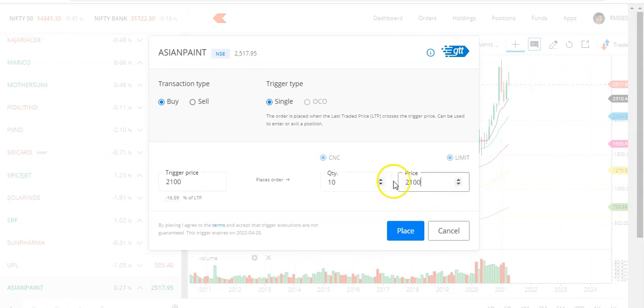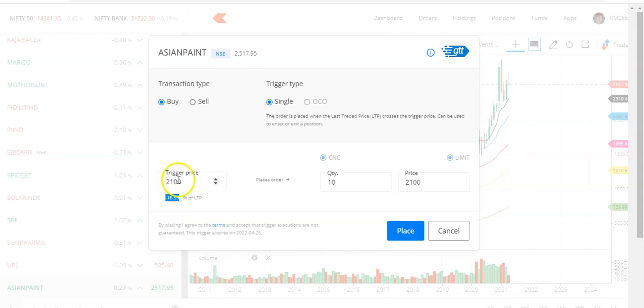2100. You may ask why there are two different prices. This is the trigger price and this is the price. Either you can enter the exact trigger price or you can enter it percentage-wise. Say, for example, I change it to 20. The price will automatically change, because you want to buy the stock when there's a 20% fall, not before that. Then you need not calculate the prices; you can just put it here as a percentage. But for now we will just go with 2100.